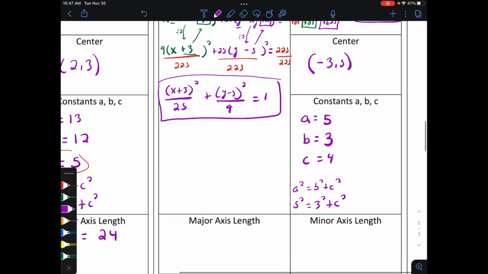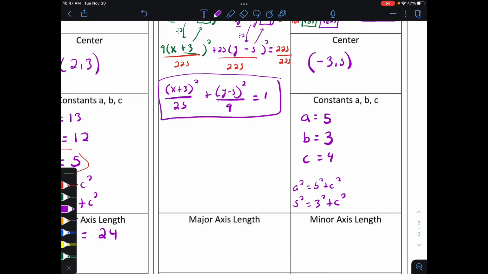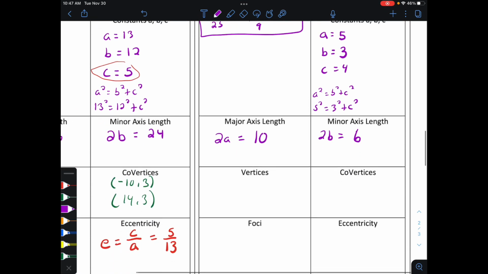Okay, major axis length. How long is it stretched? In this case, along the horizontal. Major axis length is always 2 times a, so it's going to be 10 units wide. Minor axis length is 2 times b, so that would be 2 times 3, so it would be 6 units tall. Our vertices. So if the orientation is horizontal,